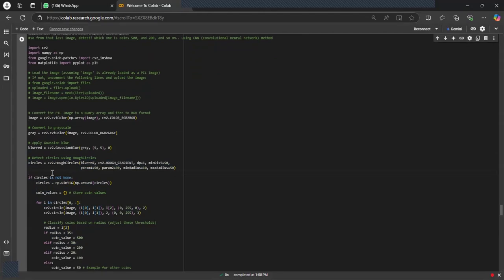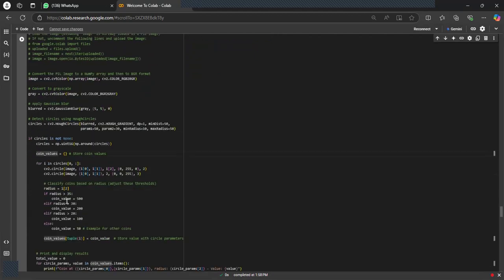And then if circles is not None, for the circle in circles[0], and then if radius is more than 35, coin value is 500 and so on, so on, so on.